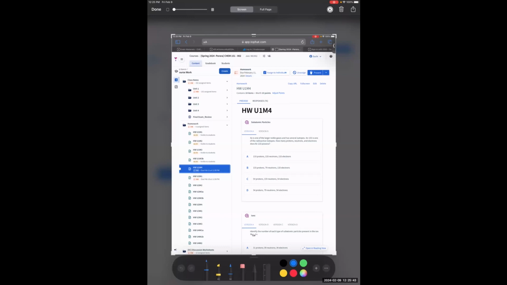Xenon is one of the large noble gases and has several isotopes. Xenon-133 is one of the radioactive isotopes. How many protons, neutrons, and electrons does xenon-133 possess? Okay, so xenon. Oh, I can annotate. Anyway, so xenon